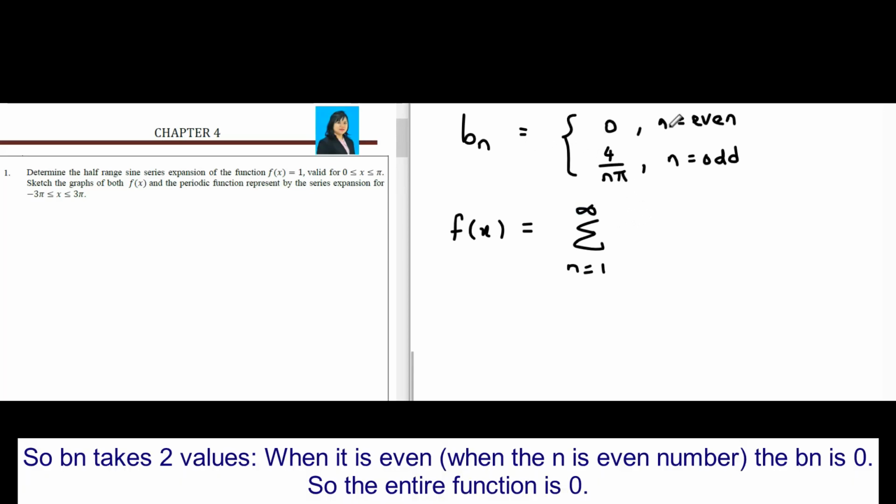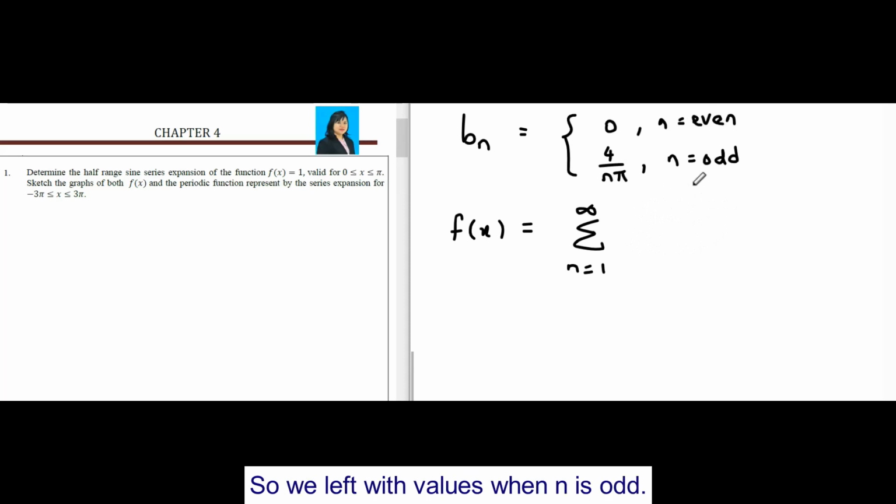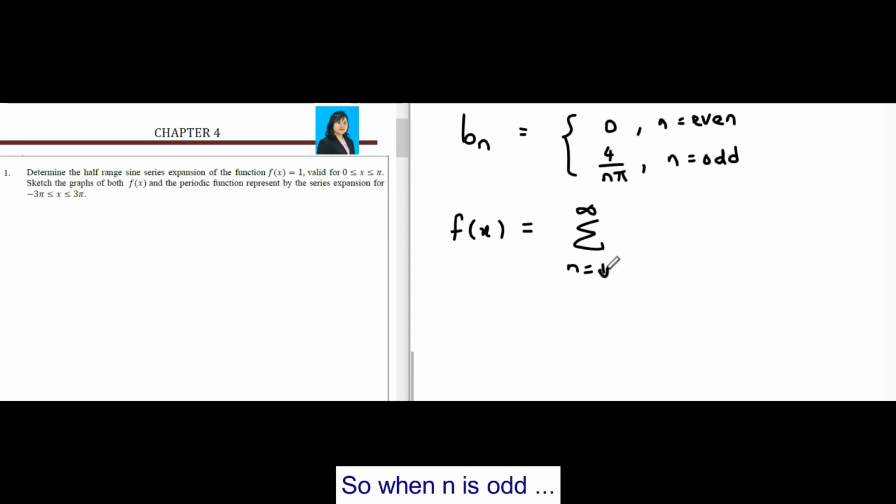So Bn takes two values. When n is an even number, the Bn is 0, so the entire function is 0. So we are left with values when n is odd. So when n is odd,